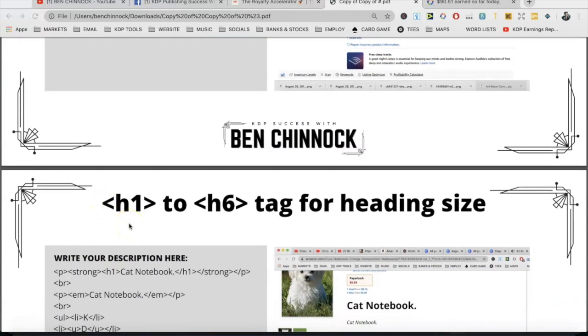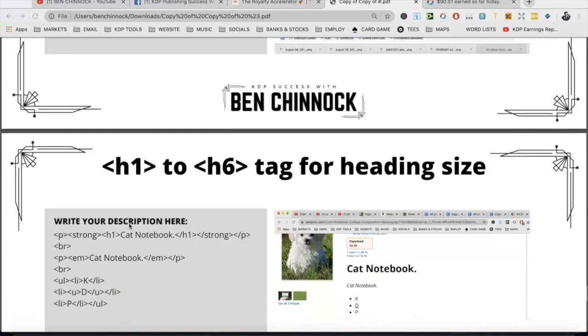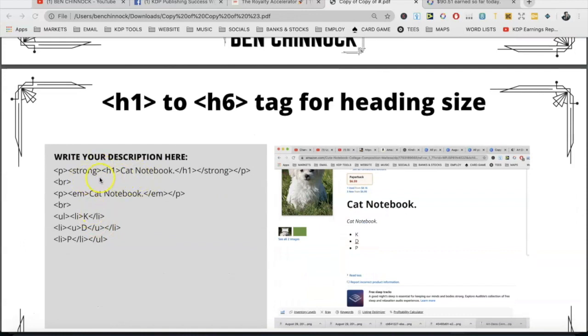H1 to H6 is probably the most important tag, and this is the one that's going to resize your text to whatever specification you want. H1 being the largest and H6 being the smallest. So if I put an H1 tag at the top here, remember you can combine these tags like I said before. So you can combine P, strong, and H1 like I have done here, before the word cat notebook. I've combined all 3 to give 3 different tags. So this is a paragraph, this is in bold, and this has the heading 1 setting. So it's got the largest